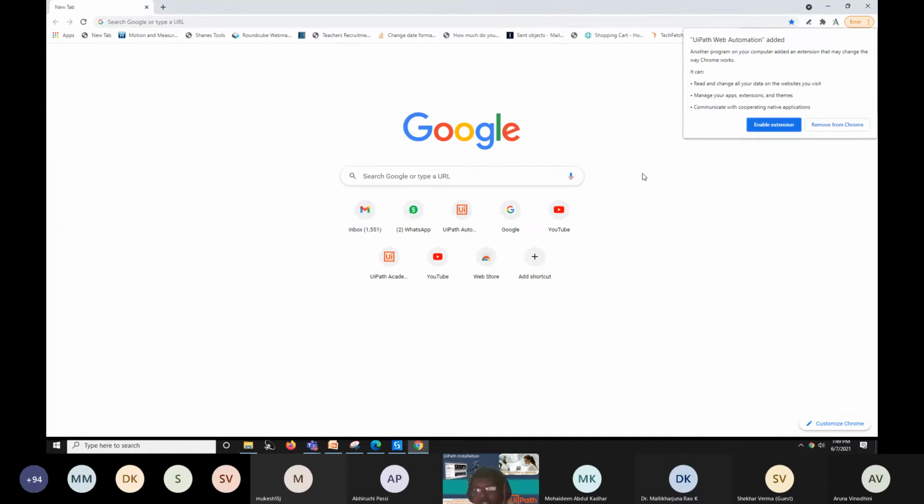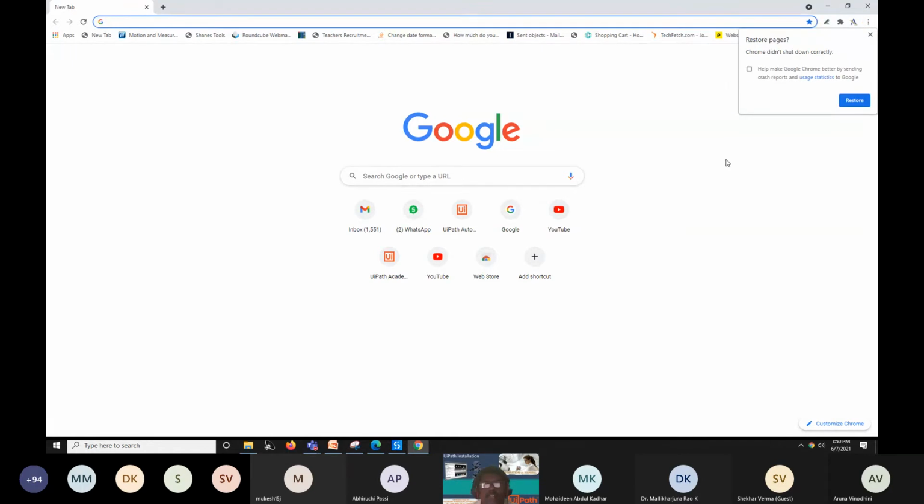You don't need to do anything. Just click this enable extension. Yes, I have clicked enable extension.